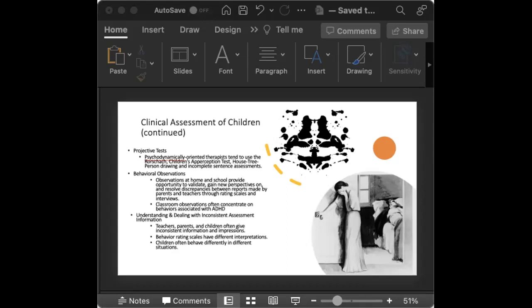Anything having to do with psychoanalytic theory is controversial. So not everyone believes in them, and that's okay. But the idea is that we project aspects of personality onto ambiguous test stimuli. So this requires a high degree of inference in scoring and interpretation. Like right here, with the picture that you see, that's called the TAT, thematic apperception test. The idea behind that one is that the person is given a series of cards with pictures on them, and they are asked to describe what they're seeing,